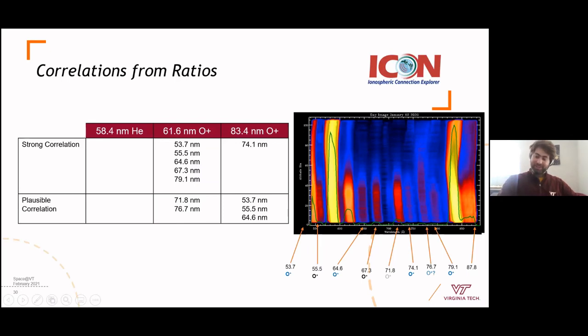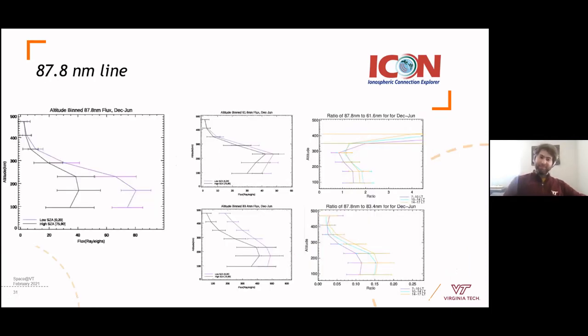But you'll notice that there's this one bin here that has not found a friend, right? Not even a questionable, maybe this is an oxygen friend; we truly have no idea what's going on. So we took a deeper look into that one. This is 87.8 nanometers. And as you can see, it peaks at a fairly low altitude. And it's a sharp peak, not like this flat 834. And when we look at the ratios versus altitude, you can see it's going crazy for both 616 and